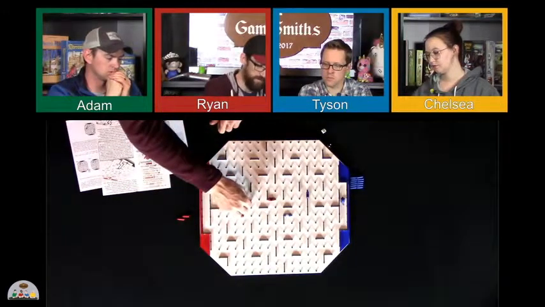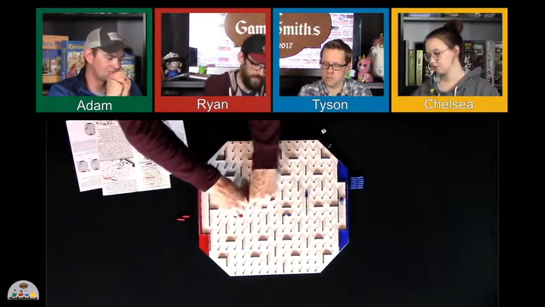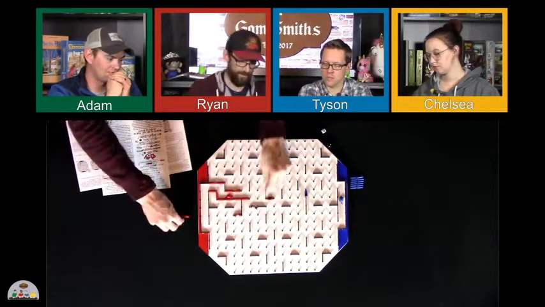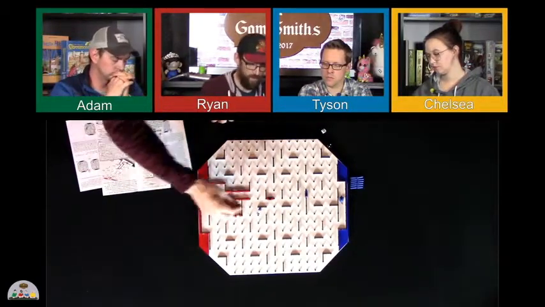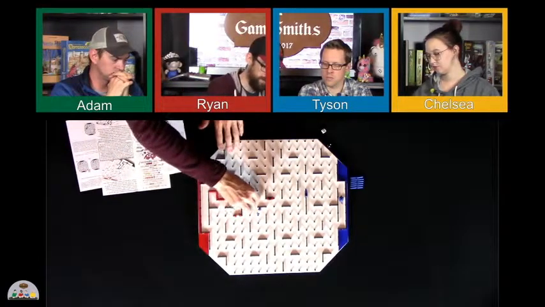So red keeps building out their path, and blue is going to keep moving their blockers over to try and block it. So we'll just set this one here, let's say for now. I'll build out this path kind of totally here. So now, once I get to this point where I've put down all my wall pieces,